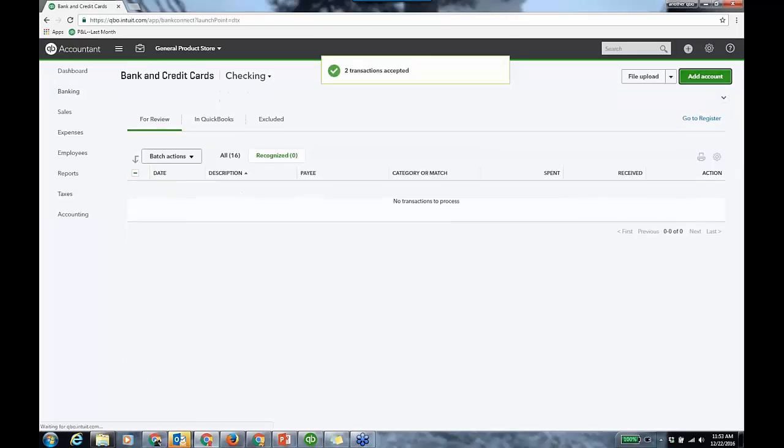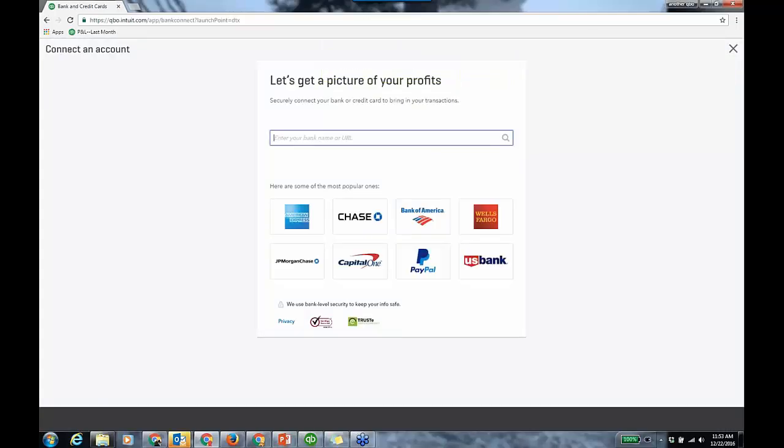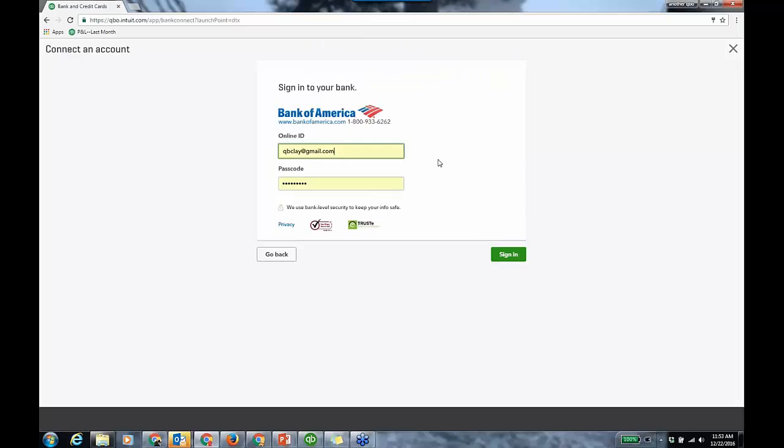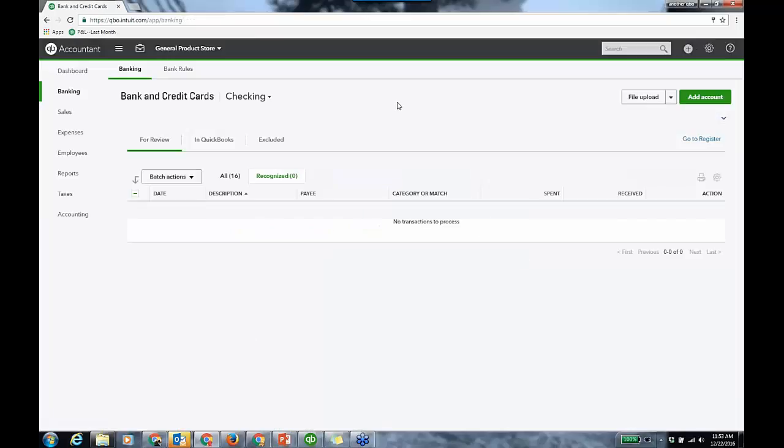And you can connect to really any different types of accounts, right? Just Bank of America, maybe it's a credit card, just know your PIN and password. And then if the feed comes down automatically, you can also upload files too, if you want. So you're getting the data in. There's also recurring transactions. There's QuickBooks payments with credit card processing, all this way to help automate the workflow and